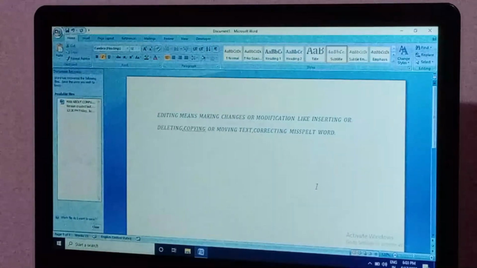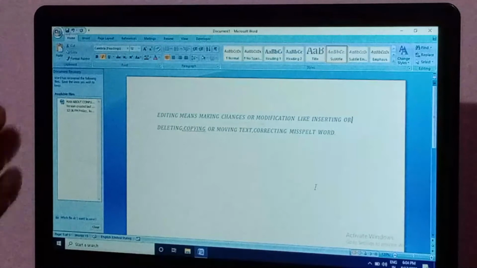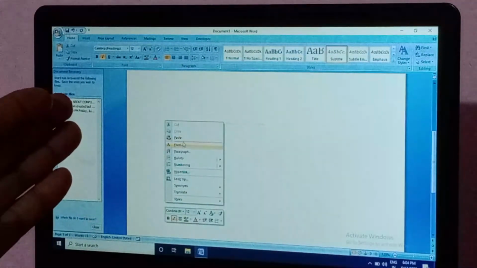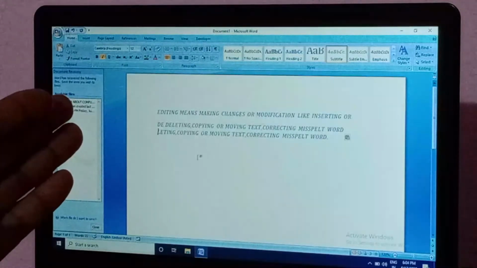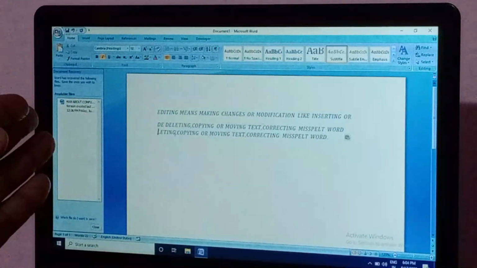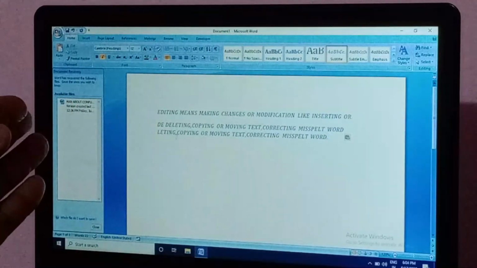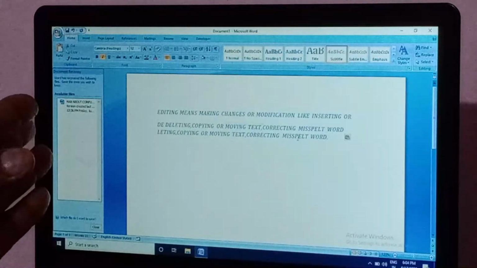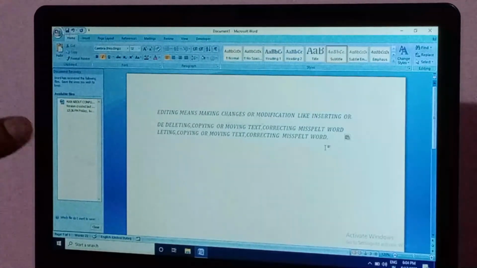Again, the cut sentence is shown in another place. You just click the mouse button and click paste. The cut or pasted sentence is automatically shown in this area. So this is moving the text.